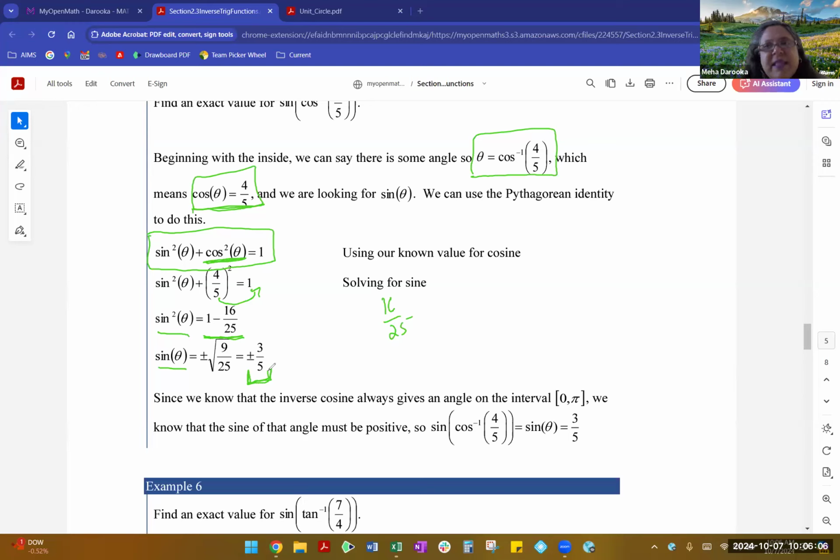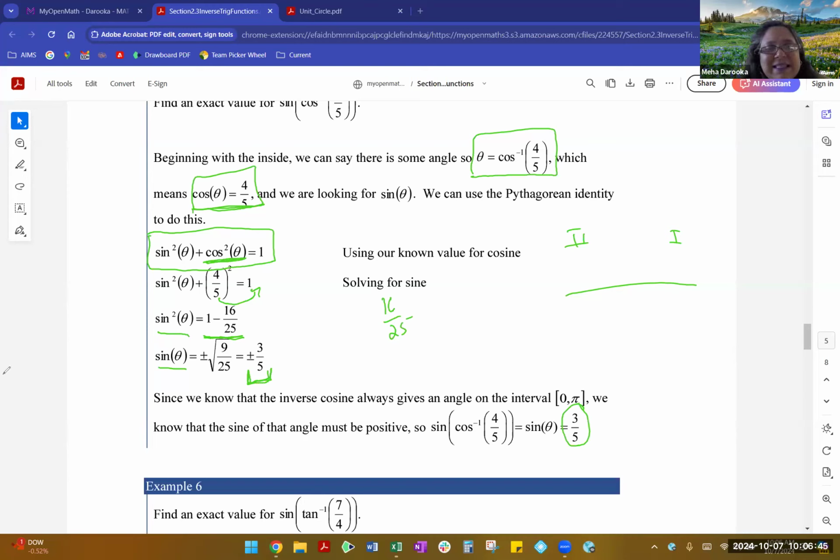That's where you have to decide which quadrant you are in, and where you get a positive or a negative cosine. Since we know that the cosine inverse is always between the angle 0 and pi, that's quadrant 1 or quadrant 2. In both of those quadrants, your sine function is positive, so you discard the negative root and only keep the positive answer for your sine function. So sine comes out to be